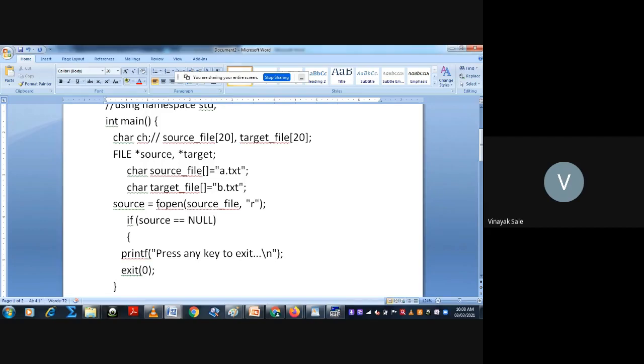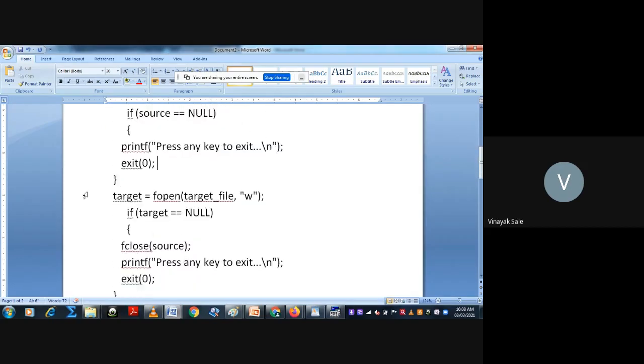Whatever you have written in the source file is stored in source, and that will be checked with the condition source equal to NULL. Then press any key to exit, and exit. If you have not written anything in that source file, then it will exit.